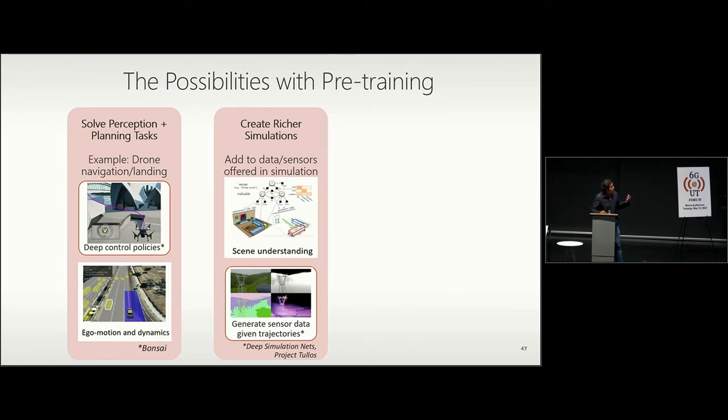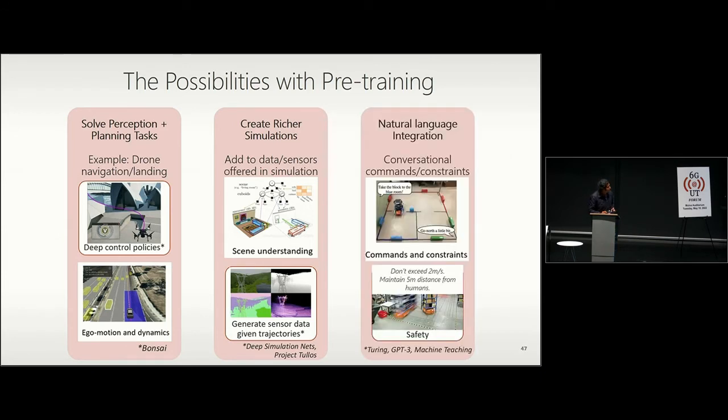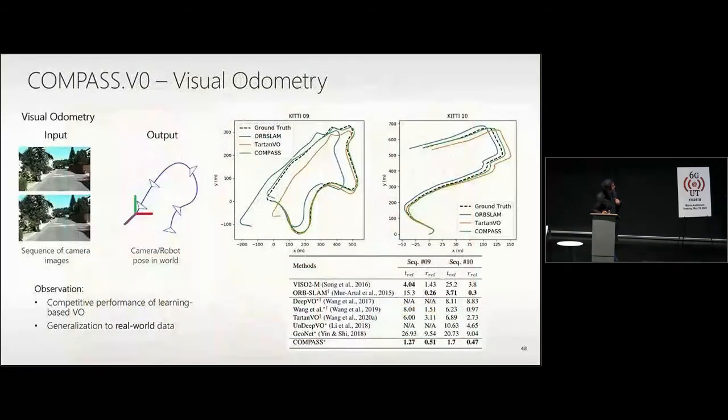So it's possible to actually channelize all this information that you've gained in this pre-trained fabric to create simulations which mimic reality. And of course, the great thing is that if you have a fabric like that, it technically gives you a path to integrate some of the big learnings that are happening in natural language. So there is a lot of value in thinking about such deep neural networks.